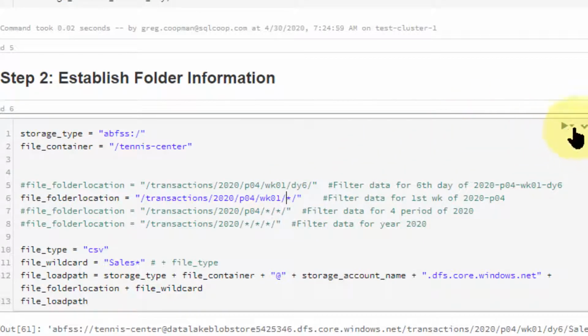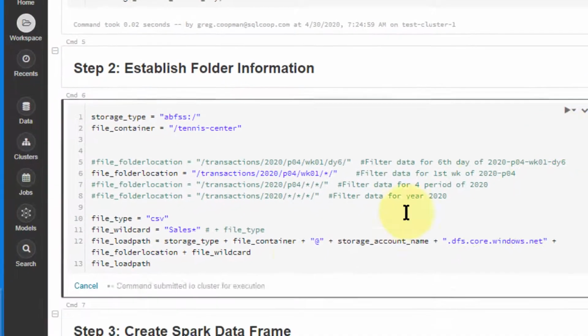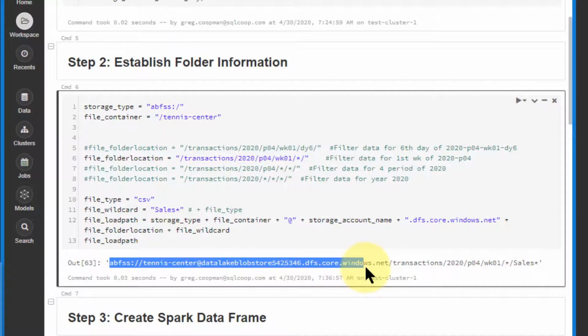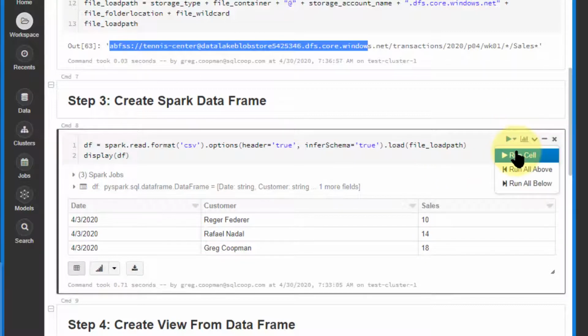So let's give it a shot. First of all, we have to reestablish those variables. Okay, I ran it, and it's established it. Now you look at the load path it's going to use, and you see 2020-04 week 1, and then an asterisk, which means all the directories under week 1, and then the wildcard sales asterisk, which is only going to pull the files that start with sales. Now we go back down to our next step, and we're going to rerun our query. Instead of one day, we expect, in this case, 4 days' worth of data for that week. So now I'm going to run the cell,